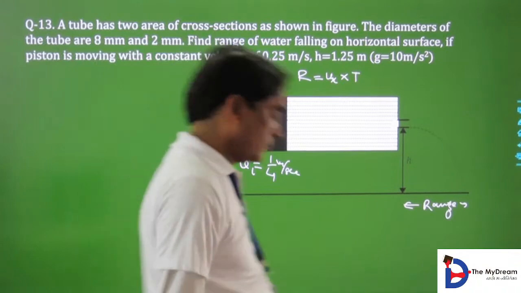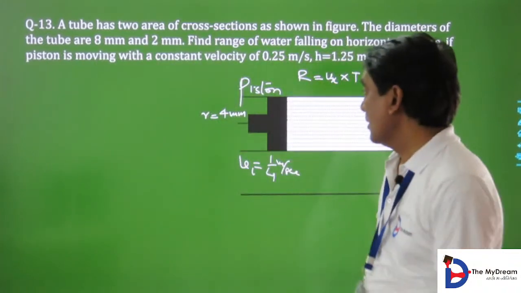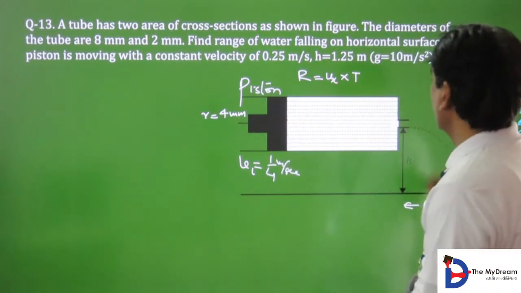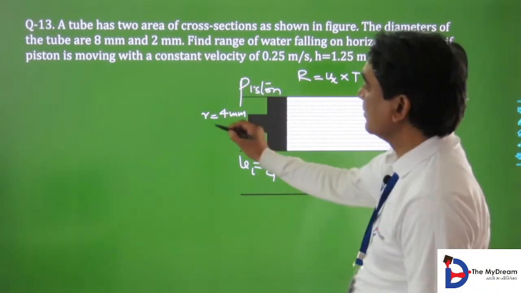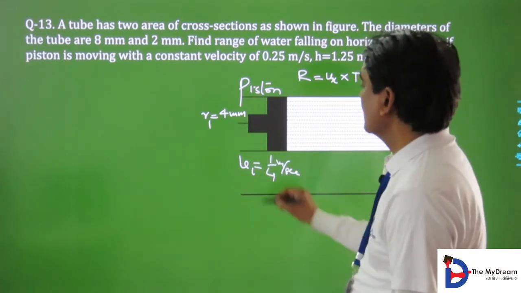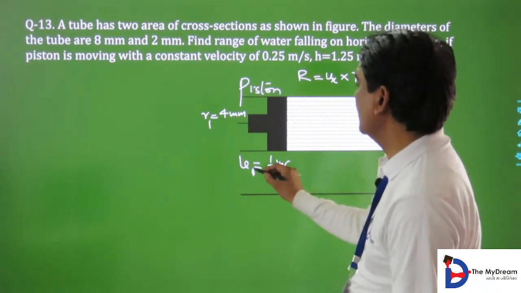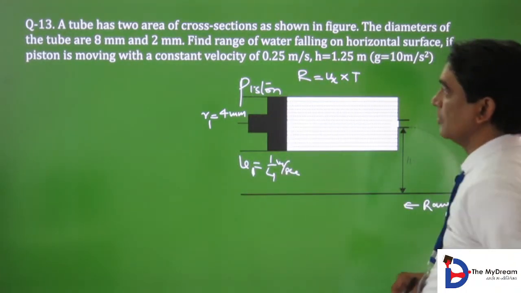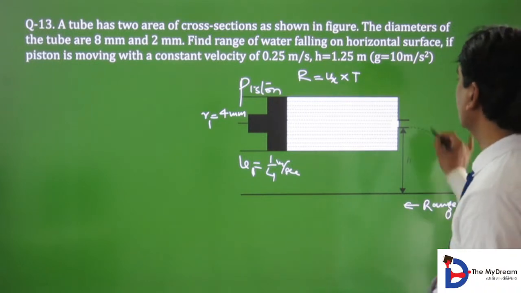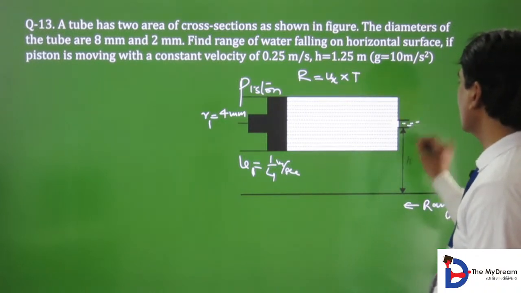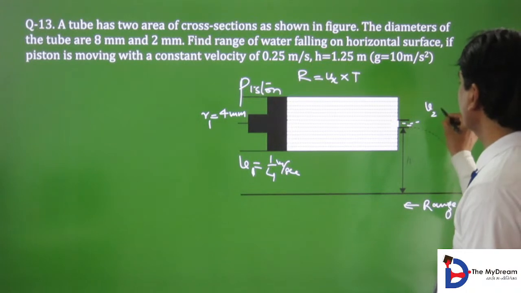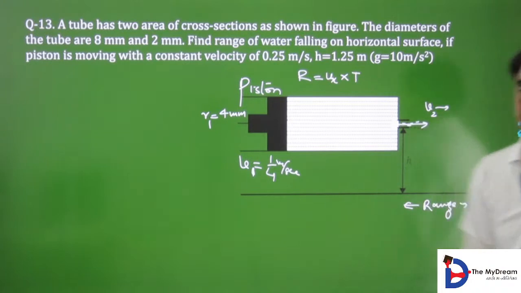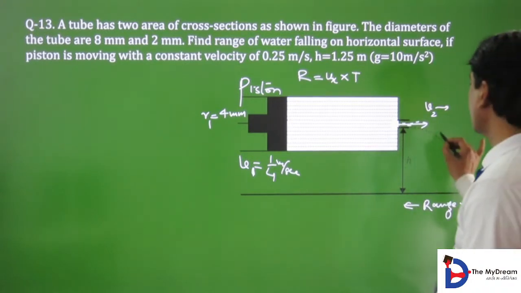And as the piston is moving like this, this is R1, this is V1, the velocity of the piston. Here water comes out with the velocity V2, like this, and the area of cross section is A2,